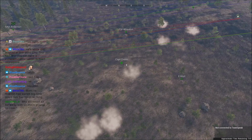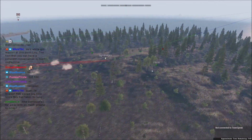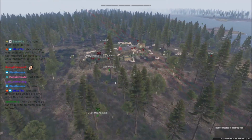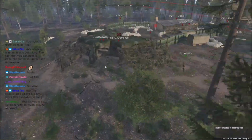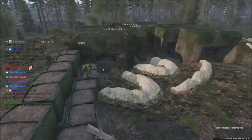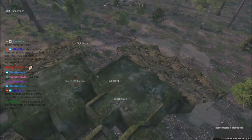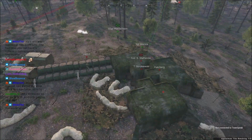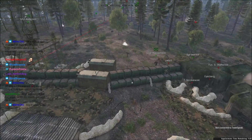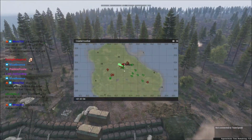We see Captain Dreek down. Ooh, lots of shots go over Mannerheim's head, but he pushes forward unfazed. It's do or die at this point. They're getting right up to this position. All they got to do is see some heads pop over and throw some grenades. But we're going to see, similar to that 3-hour match on the multi-life, with people coming right up to the fortifications, we're bound to see some shenanigans with some limited...